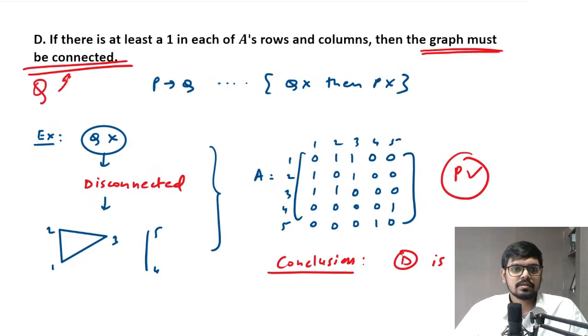If Q is talking about connected, then Q false will talk about disconnected. So I'm taking disconnected. Once you are taking disconnected, the previous example is good to go. For the disconnected graph, we already know the A matrix. Now they are saying